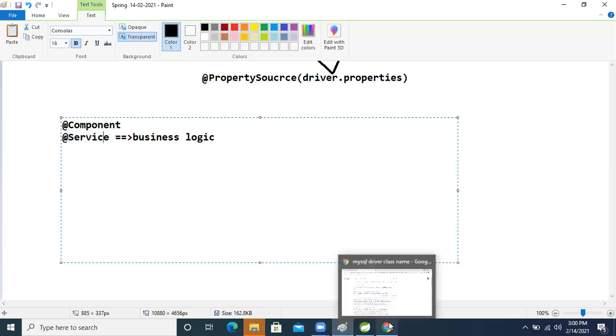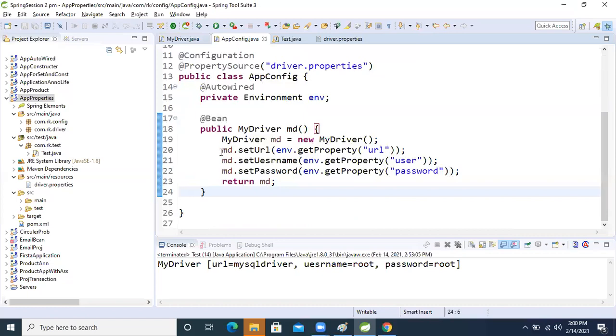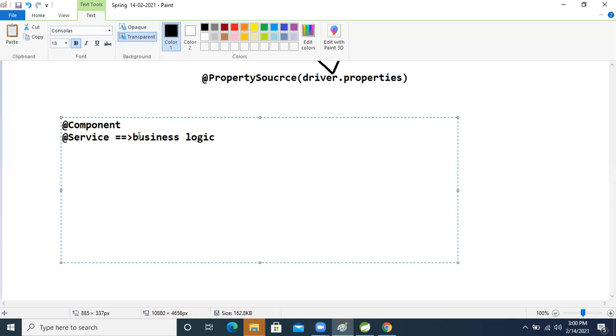Again, we don't need to configure that class inside the configuration file. Services related to business logic, like transaction management, AOP, and so many things, will be applied by default in that class.